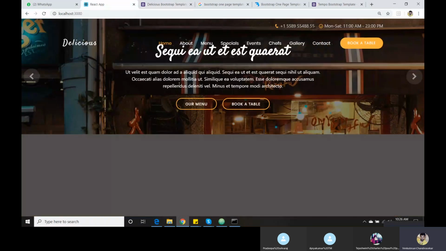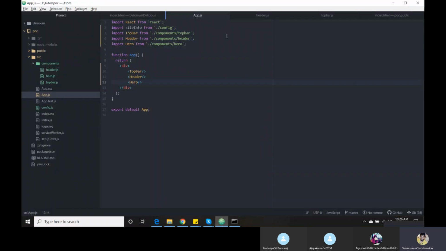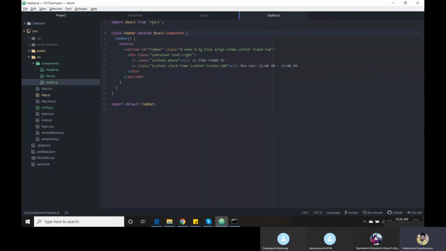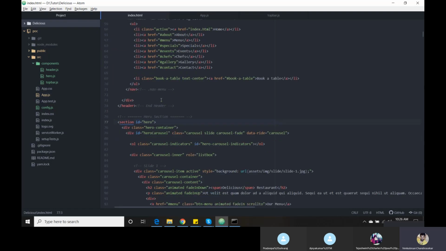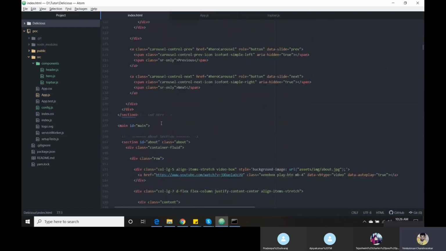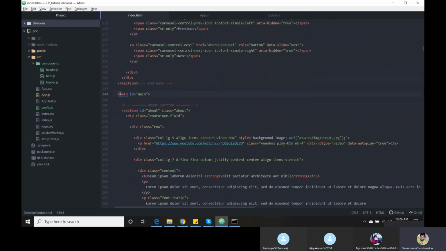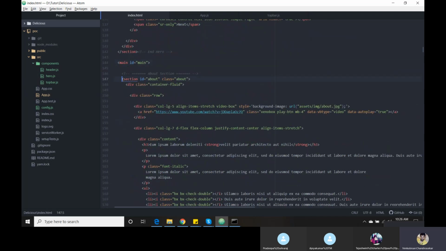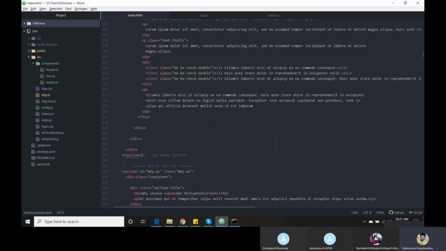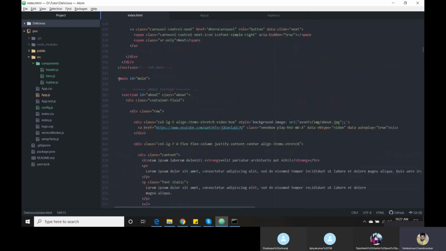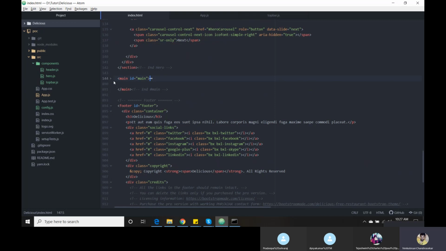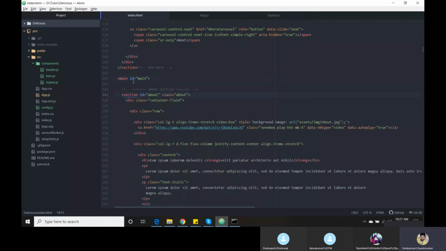But we need a complete design. We still have some components to look at. I'm going to close this, only one component is enough. I'm going to create another component, called main ID. This is for the about section. They have a separate container for the about section. If you click in main ID, it has more than 600 lines of code. We don't need to create 600 lines of code in a single component.